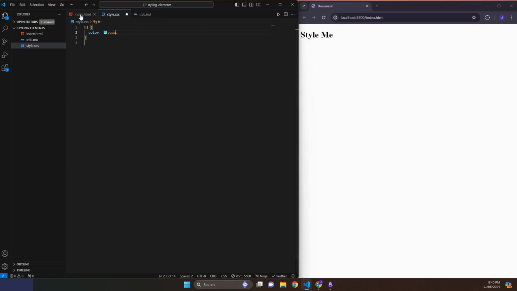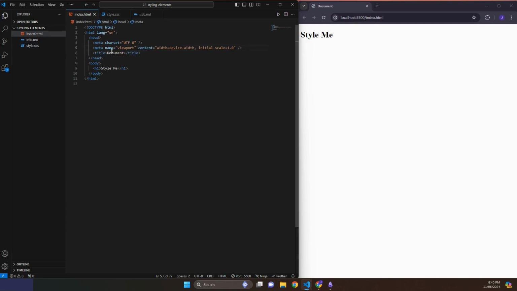So I'll hit save. Obviously nothing happens, because this sheet is not linked to this. So this style sheet is not applying anything to this particular element or anything within it at the moment. So what we have to do is link it. In the head, we type in link, shortcut Emmet, there we go. And now we link our style sheet where it says href. Okay, so style.css. Now we save, and when I hit save, this should change to aqua, I think we